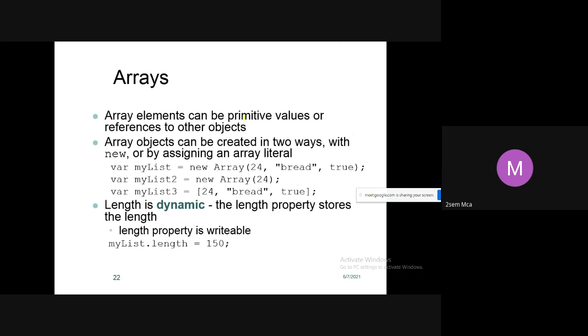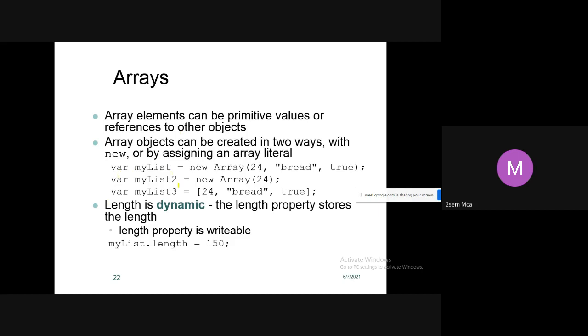See here, I have written 3 examples. Here, my list is a new array of 24, bread, true. So this is one way of creating an array object.